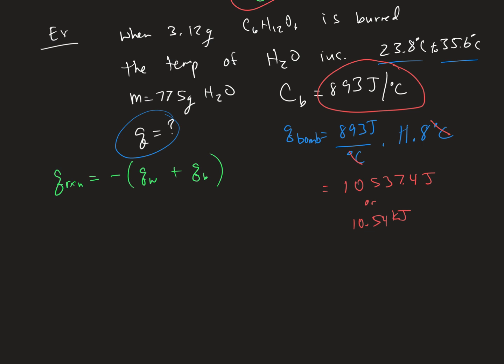And then the heat of the water, this, we have to use MC delta T, right? So the mass of the water is 775 grams, and the specific heat of water is still 4.184 joules per gram degrees Celsius, times the change in temperature, still 11.8 degrees Celsius. And all those units cancel out except for joules, and we get